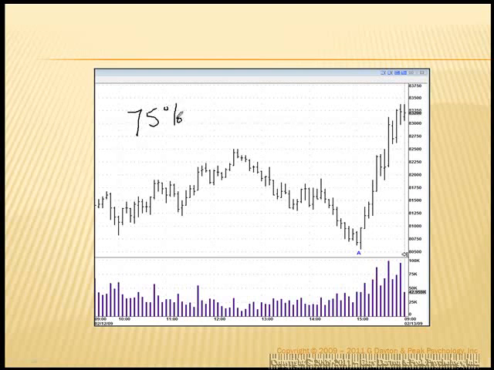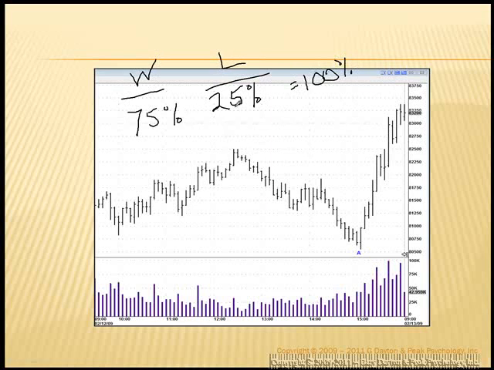Meaning that 75% of the time it's going to win, and 25% of the time it's going to fail, or it's going to lose. So that equals 100%, obviously, right? So if that's our trade setup,